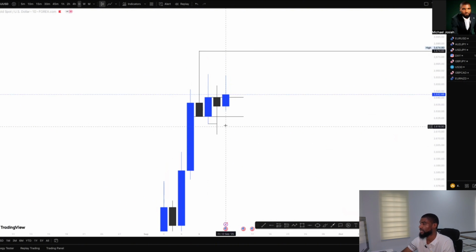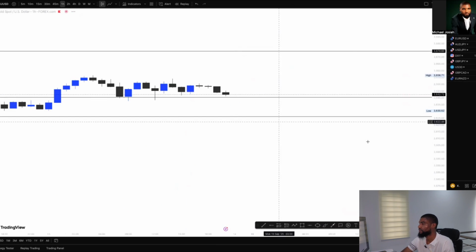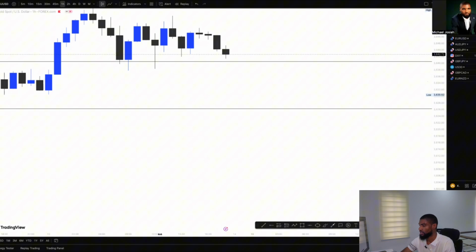And now, how do you get entry when something like this is happening? You want to see price open a new candle, maybe in a new day. We want to see price either trade back inside this key level here, which we are going to move to the 1 hour time frame to see the structure we are having in the lower time frame. Then we can consider